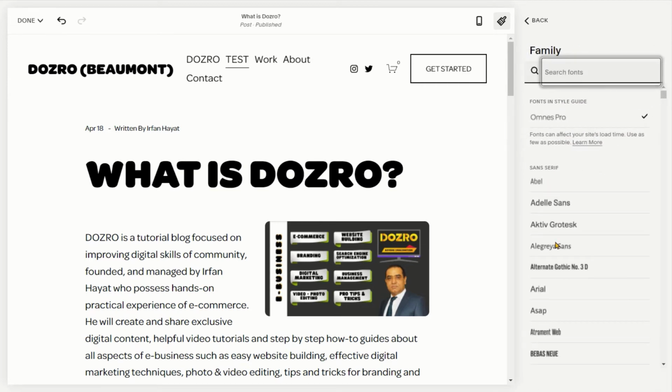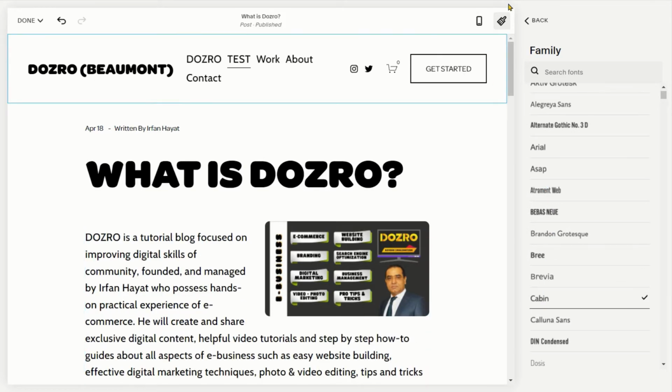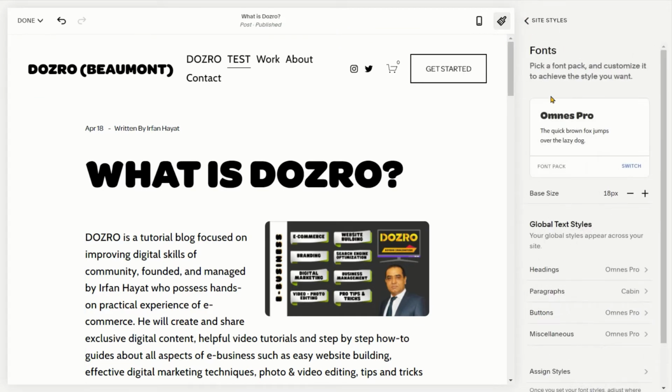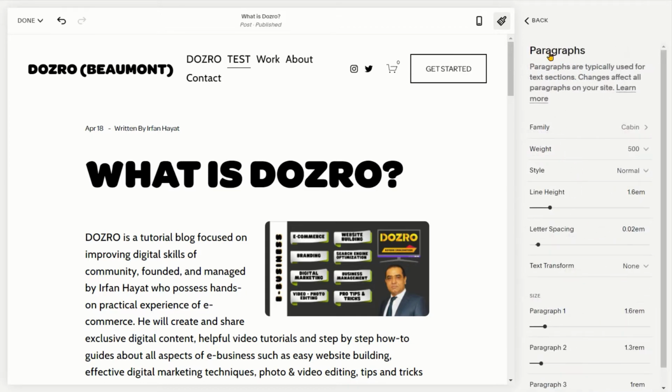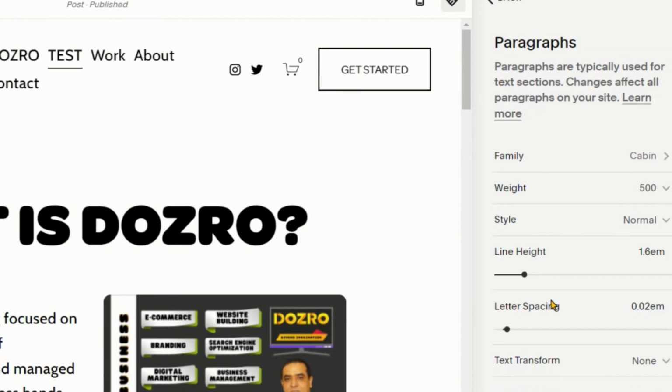Search any font and click to apply it. Go back. Click this video to learn more about all these micro font tweaks such as weight of font, line height, spacing